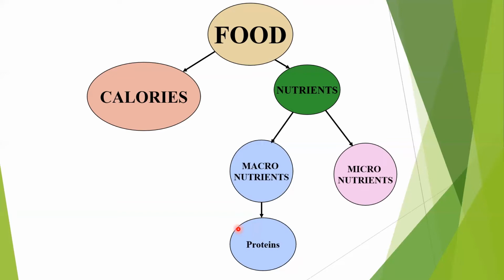So what is the nutritional need for our body? Per kg of weight, we need 1 gram of protein. If my body weight is 60 kg, I need to take 60 grams of protein. But what is the kind of protein that we need? We need a complete protein. What is a complete protein? Another name for protein is amino acids.